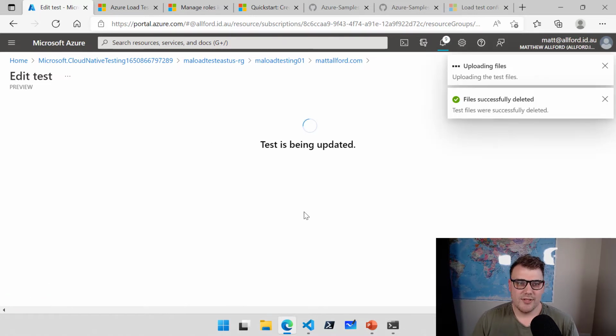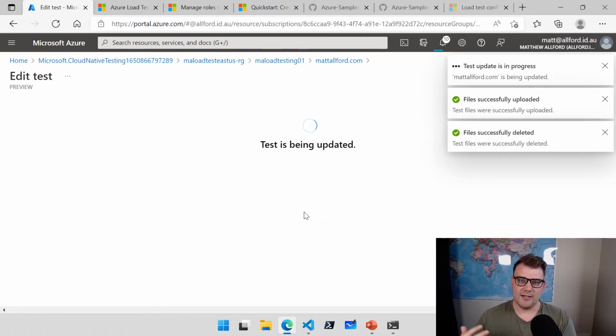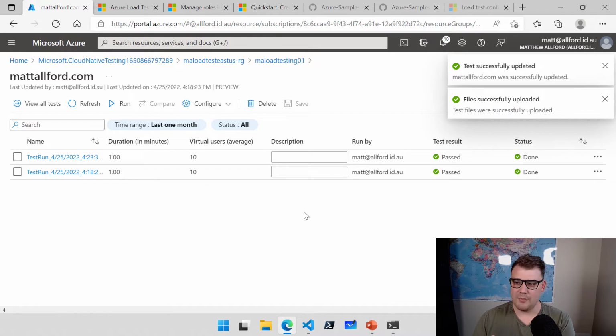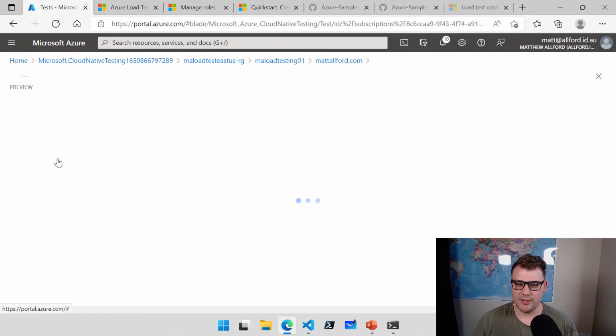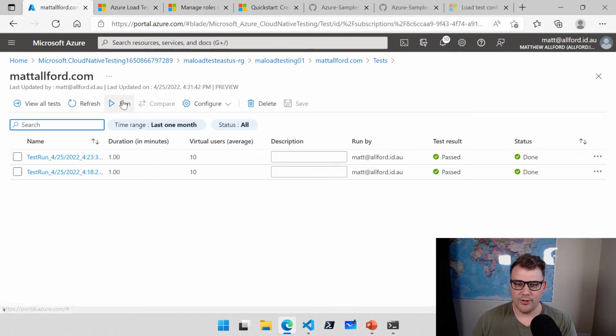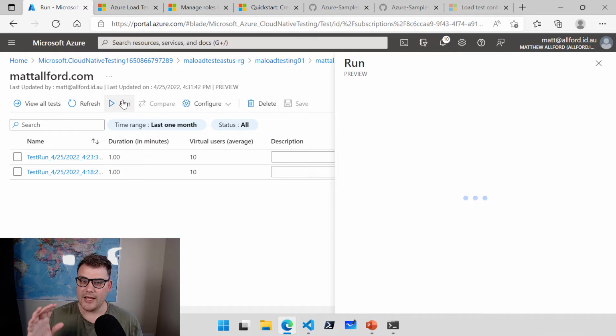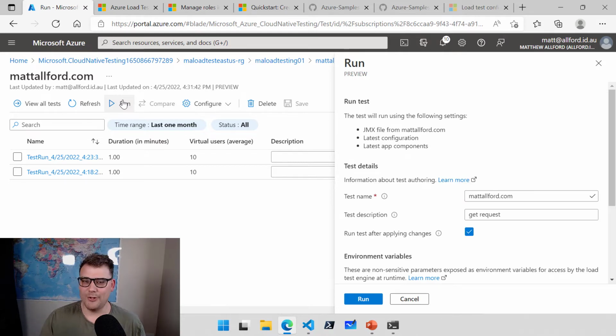And to be honest, there's not going to be much of interest here because it should work just exactly the same as our last test did, because it'll go and test mattorford.com using those same values that we had in the JMeter script. So if I go here into the test, mattorford.com, and just to make sure it worked, I will kick off a run here. Now, this is interesting, and something I should have pointed out. Now that we've got an argument in the JMeter script, when I click on run this time, it's asking me,